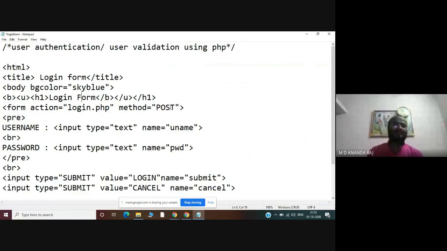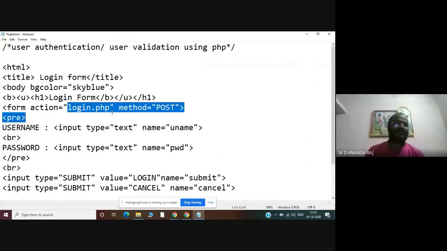We have two methods to post the value, that is post and get. Both the post and get methods are used to send the value from the HTML form to the database. Here I am going to type the username and password, which can be posted to the MySQL table using the post method. When the user clicks the submit button, login.php is the target file that has to be executed. When the user submits the username and password, the login.php file has to be executed.